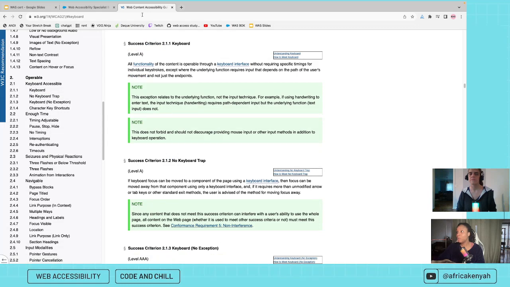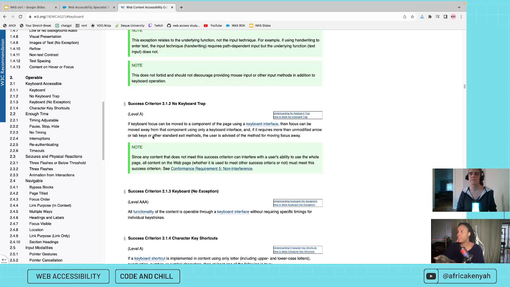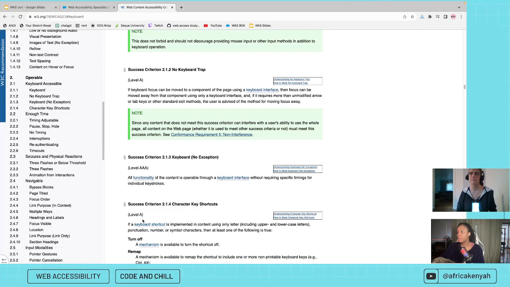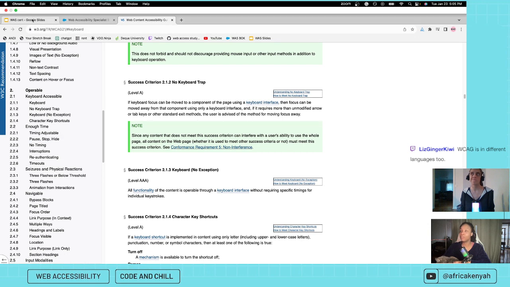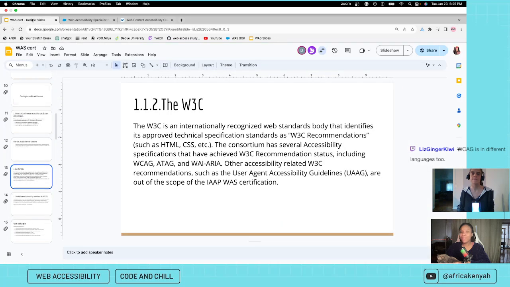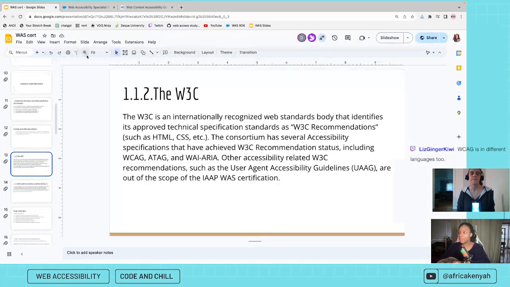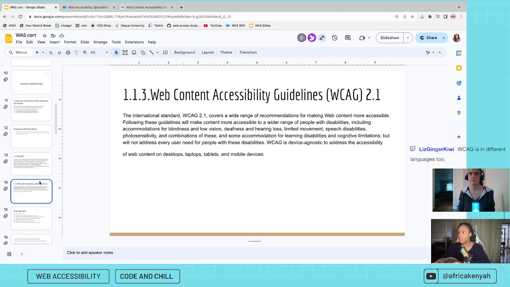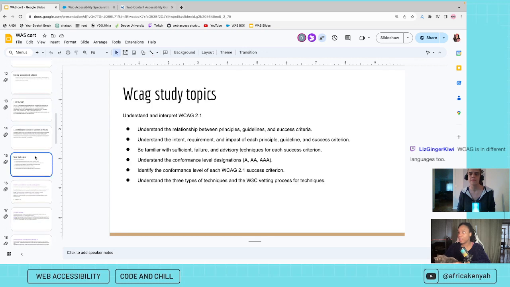It'll tell you how to get to this level of success, and then it'll do level A, double A, and triple A. So let's talk about that next before we get into ATAG. Liz said the WCAG is in different languages too. Yeah, it's pretty international.